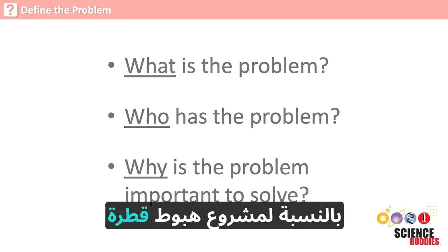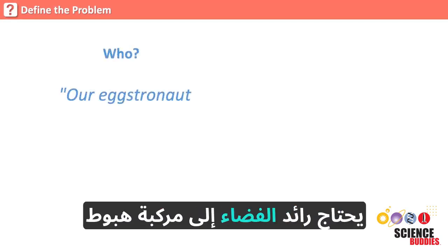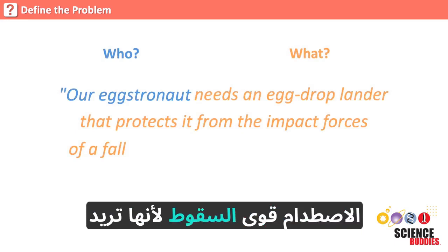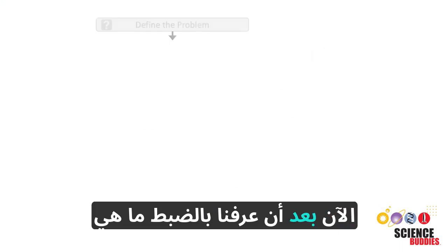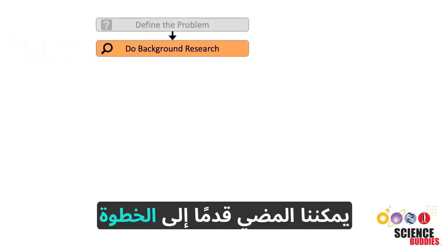For our egg drop lander project, the problem statement might be, our Eggstronaut needs an egg drop lander that protects it from the impact forces of a fall because it wants to land safely and in one piece. Now that we know exactly what problem we need to solve, we can move on to step 2, which is